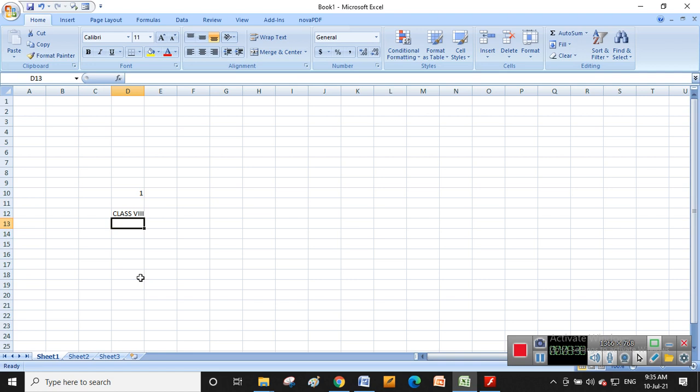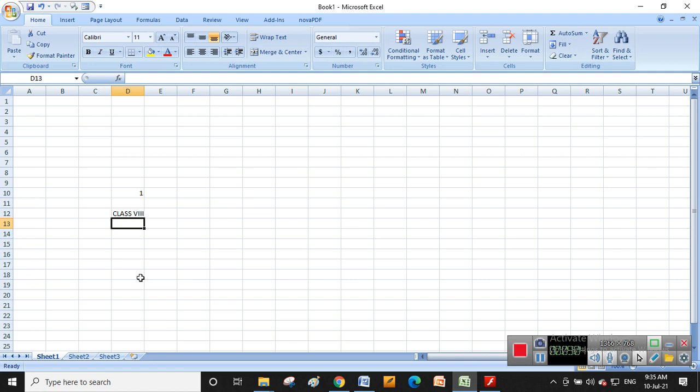So how much huge amount of data is it storing? That's why it is called... I'm pointing out that it is a software that can store a huge amount of data in a large table. Yes, this entire thing can be taken as a large table. So these sheets can perform different calculations, automatic calculations, and analyze the data. Okay, so that's the introduction part, which we already learned in class 7.